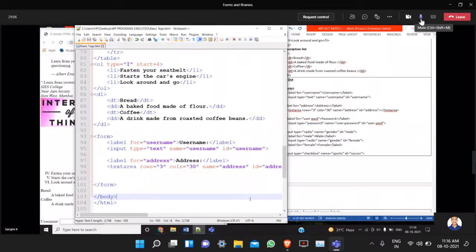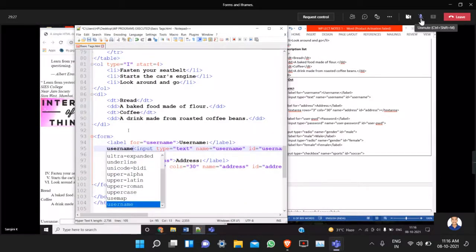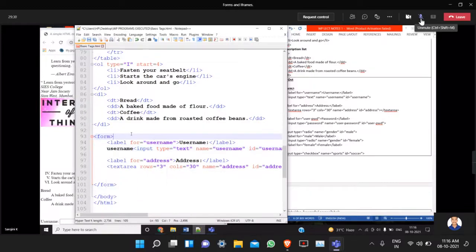I understand what you're coming to say. You are saying that without using the label for and all, directly you will write username and then you can start directly the input tag, right? You want to write like this, right? Username, that's it. The first line should not come. That's your question, right? But that is not the proper way. You will get the username before this, but that is not the proper way to display the content.